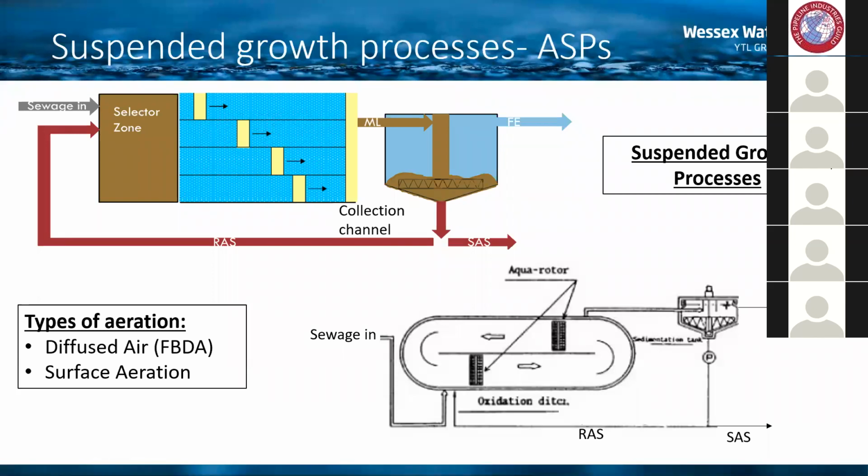There's a soupy brown mixture in those lanes, and that passes out, and we call that the activated sludge. That reaches the collection channel at the end, and that mixed liquor activated sludge then passes to a final settlement tank. In the final settlement tank, the solid portion settles out, and that's a lot of the bacteria that you've used to treat the sewage, and you get your really clear final effluent treated top water, which goes off over the top, and that may either go to tertiary treatment or straight to the environment,